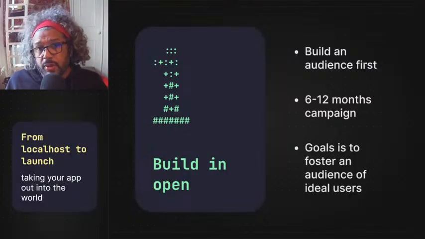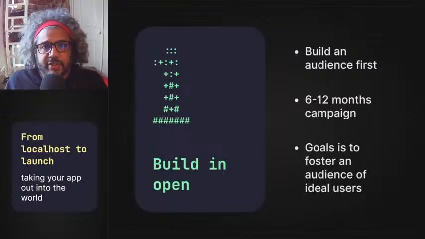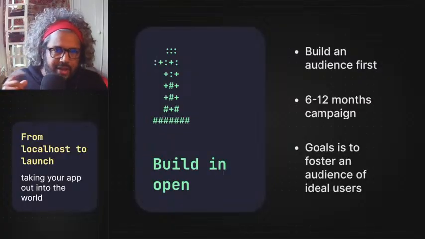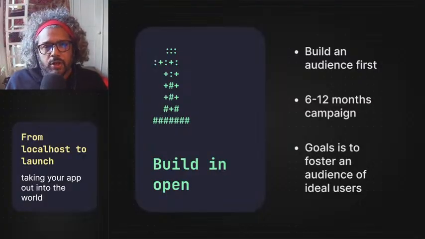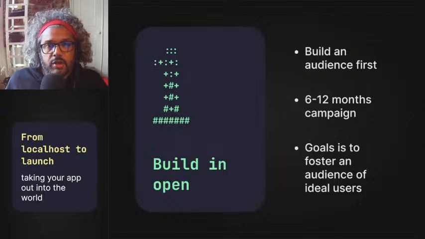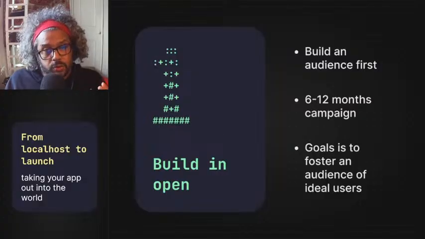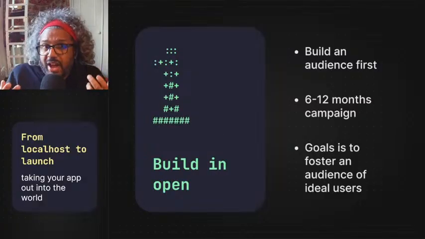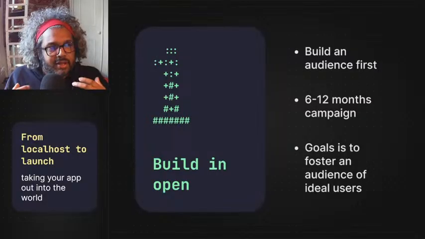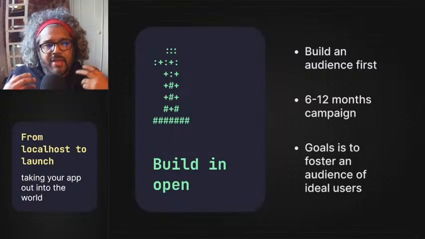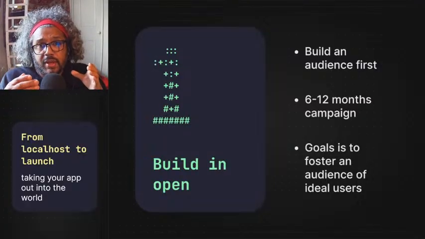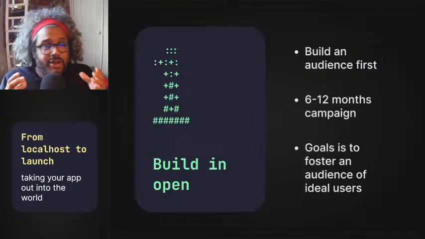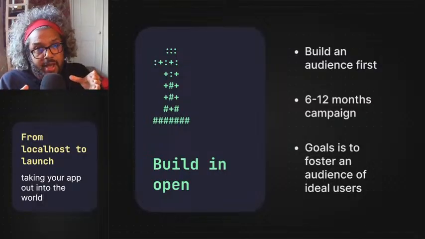Now, when you go to an account and you look at somebody who has successfully done building in public, scroll back just a little bit and you will find that the content that they posted was completely different. You see, what they had done was they fostered a community and built an audience first through value that they deliver in their content, valuetainment. And then once they got there, all they had to do was pivot that value to an app. Right? That's it. Pivot the value to an app.